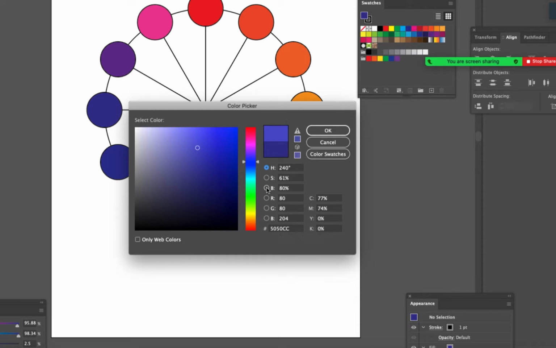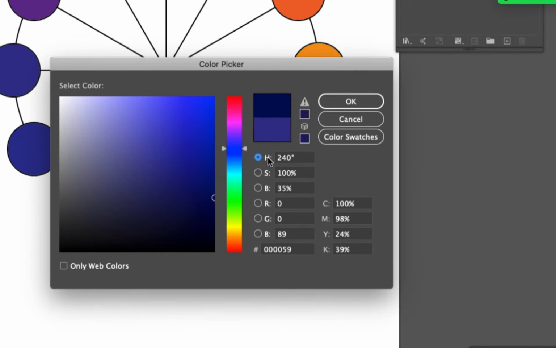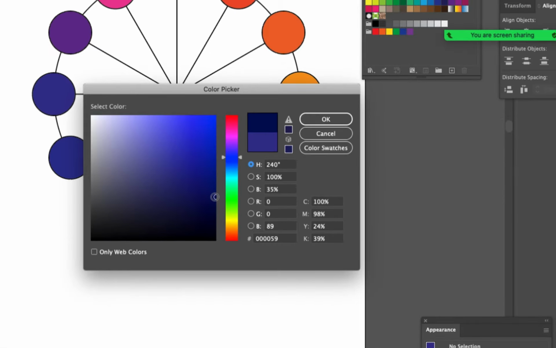Then if I am moving the circle straight up and down on the vertical of these three attributes, hue, saturation, or brightness, which number is actually changing when I'm moving straight up and down on the vertical? Brightness. Brightness. That's exactly right. Because moving up and down, notice everything along the top is the lightest colors and everything along the bottom is pure dark black. So moving up and down on the vertical changes the level of brightness of a color.